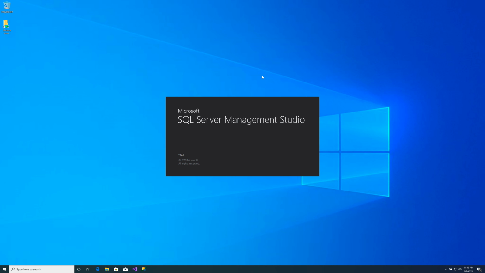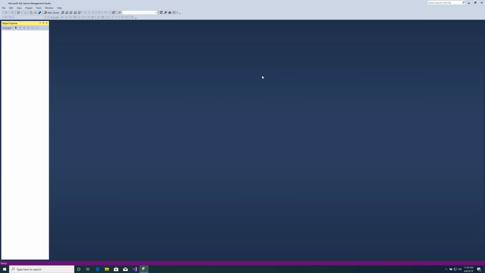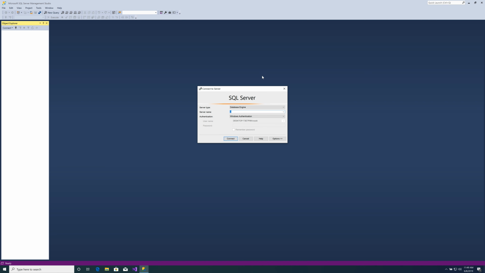And again, SSMS is just the front end, connects to any database server, that is, whether that database server exists locally or in the cloud or on a server somewhere. And you see here I've got /. You could type the actual name of my computer might be in here. So you could do that. You could actually even type localhost,